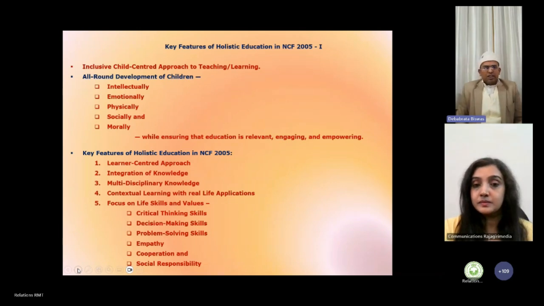If you say integration of knowledge, everything will come. If you say problem solving, everything will come. All other words will come. Still, we focus on other words. We segregate them and write. Why? Because for learning, we have two approaches. One is unification, and another is reductionism. One is the inductive method, one is the deductive method. One is Agaman Paddhati, another is Nigaman Paddhati. That's why we analyze, and then we write the words again and again with different terminology. But the concept is the same. Next, ma'am.